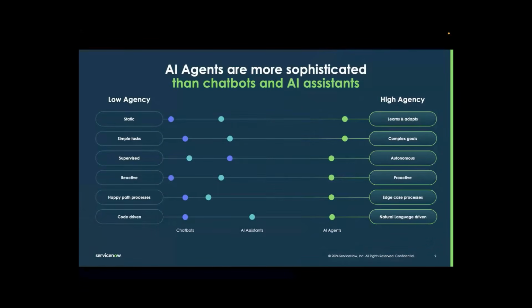Just a quick view of how the different sets of chatbots and AI assistants work, and their efficiency in comparison with AI agents. Chatbots and AI assists work in a deterministic way. You define some rules, and you want an outcome in a straightforward, single path. AI assist does work with some skills in an autonomous way, bringing the data